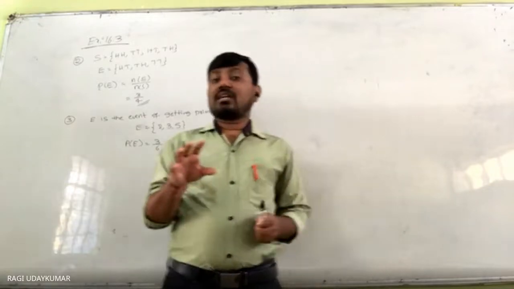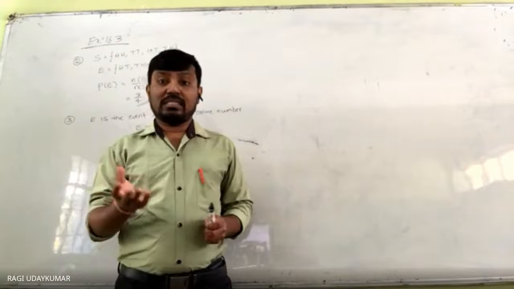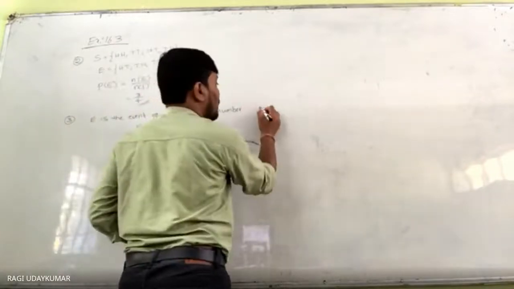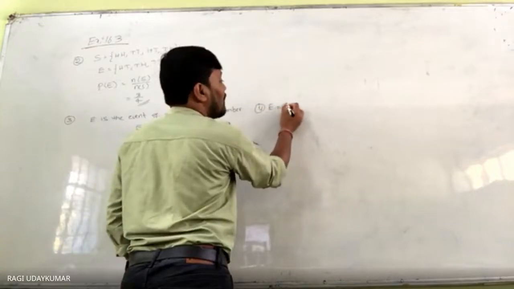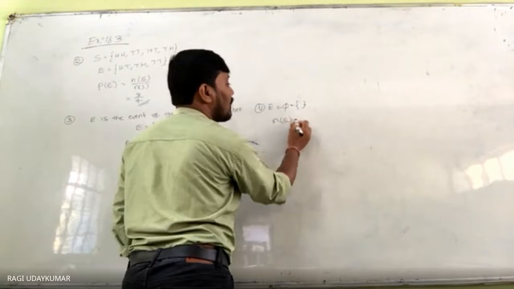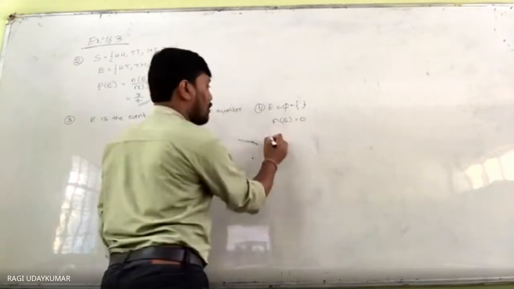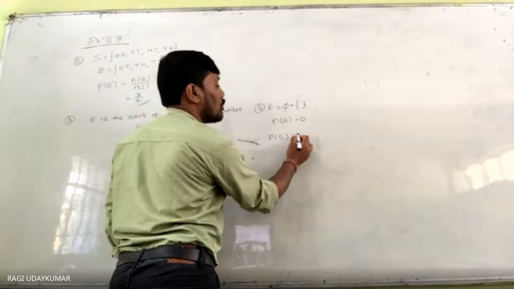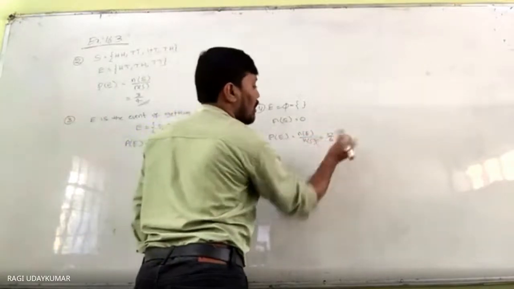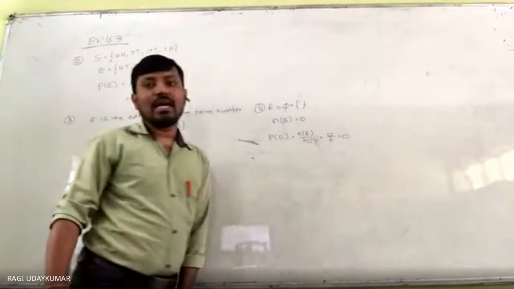Because the set will not contain any elements, E contains no elements. In that situation, E is an empty set. Do remember that in that situation, E is an empty set, but n of E will be equal to 0. So therefore, probability of an event E is equal to n of E by n of S, so 0 by 6 you are going to get, the probability is 0. And then that event is called an impossible event.